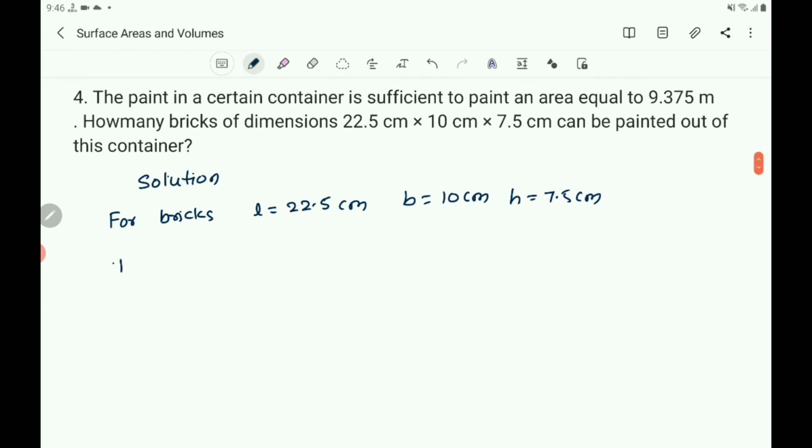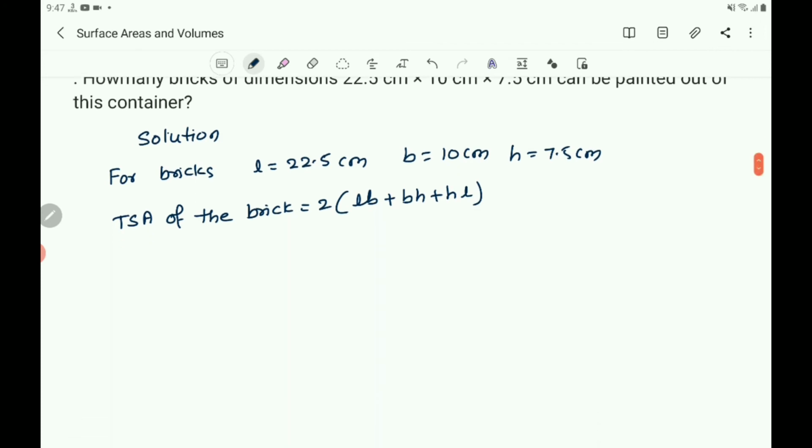Then you write TSA of the brick equals 2 into (LB plus BH plus HL), that equals 2 into (L into B is 22.5 into 10, plus B into H is 10 into 7.5, plus HL is